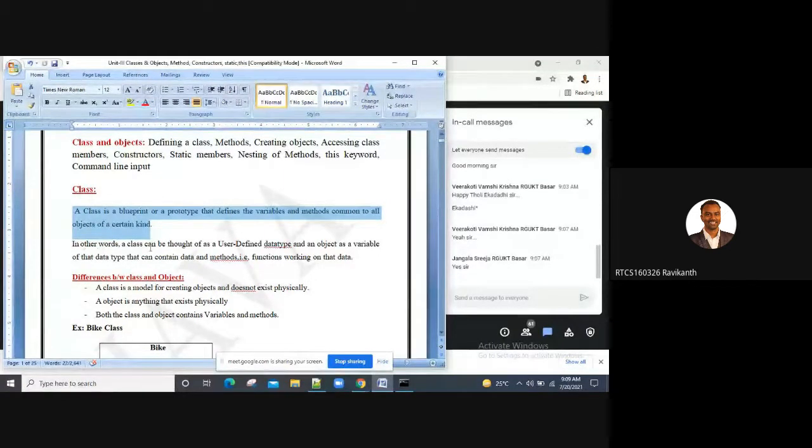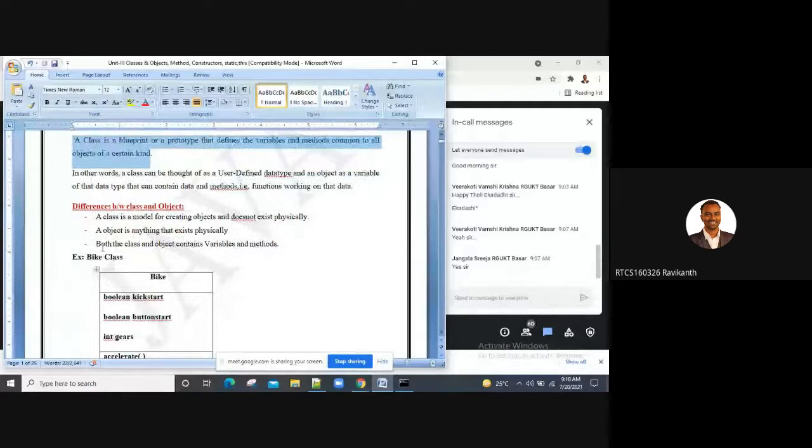In other words, a class can be thought of as a user-defined data type and an object as a variable of that data type that can contain data and methods. We have seen the differences also.